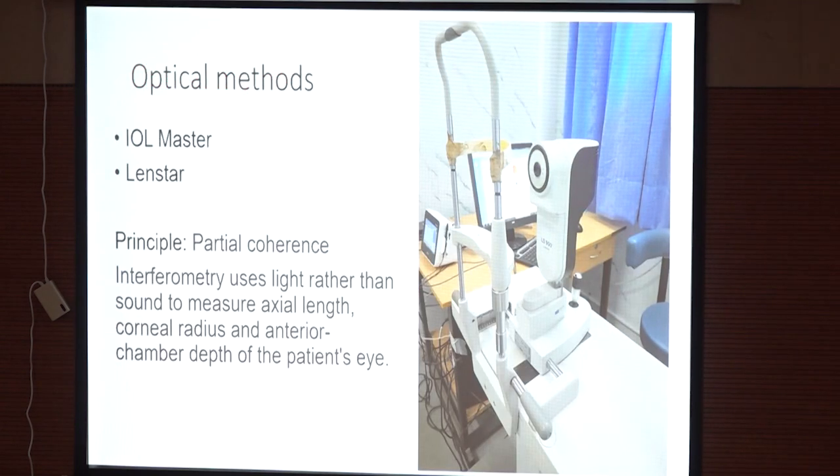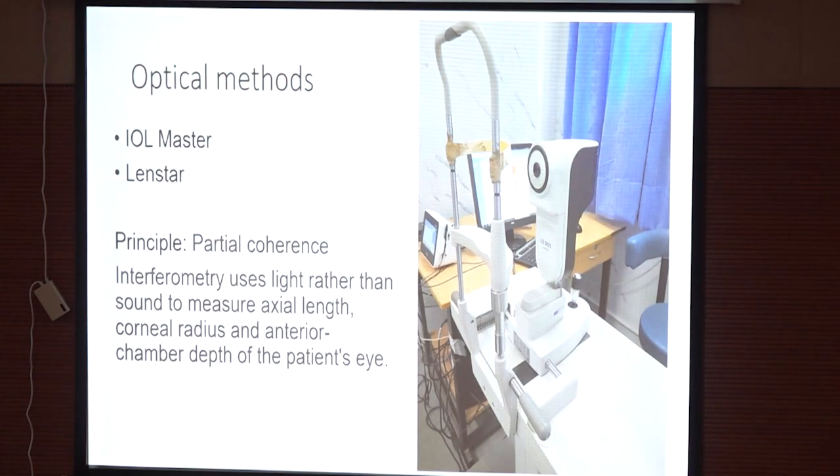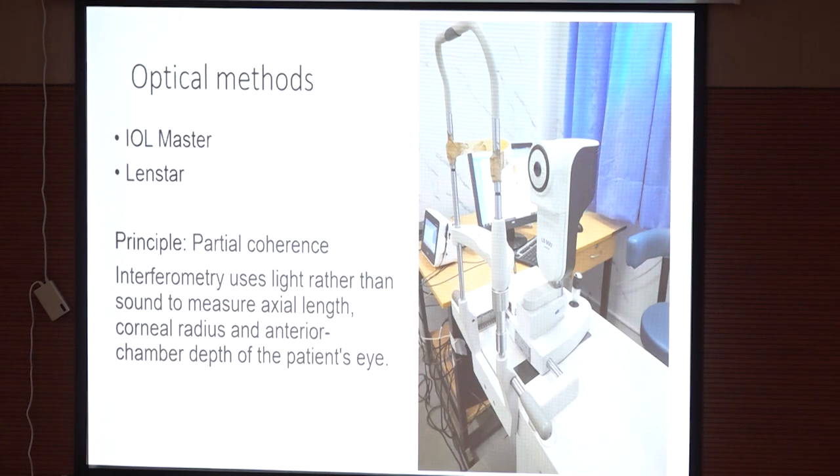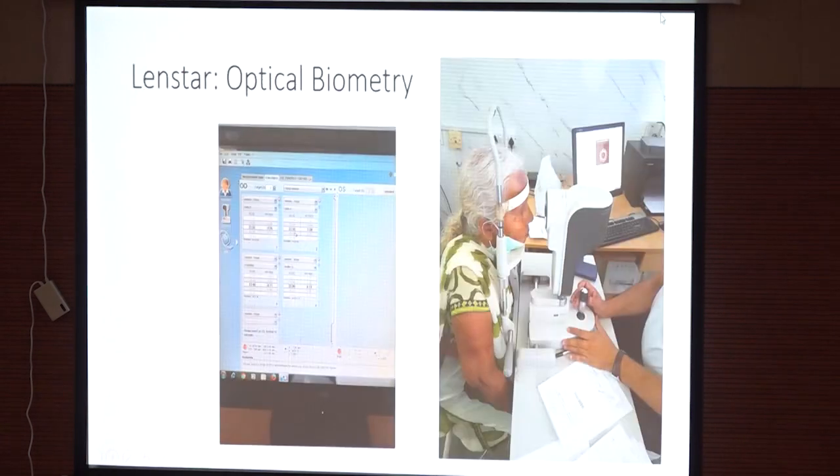Coming to the optical methods, we have the IOL Master and the Lenstar. At our institute, we use the Lenstar method. The principle is partial coherence interferometry, and it uses light rather than sound to measure the axial length, the corneal radius, and the anterior chamber depth of the eye. So this is the image of the Lenstar. The patient is made to rest their chin on the chin rest, and the rest of the readings can be